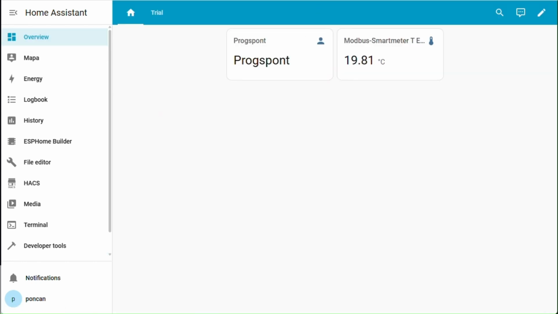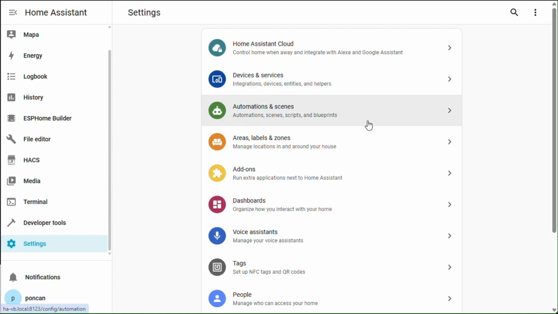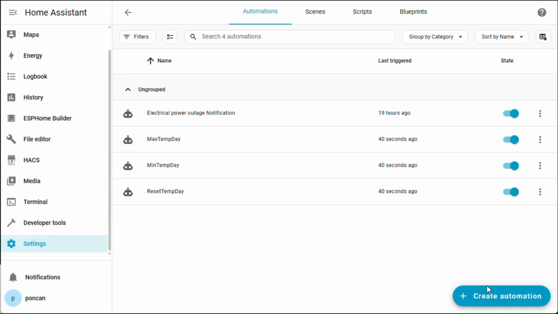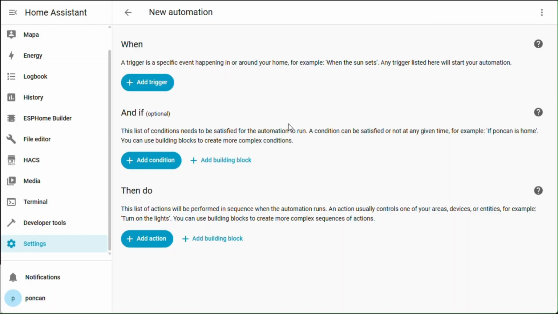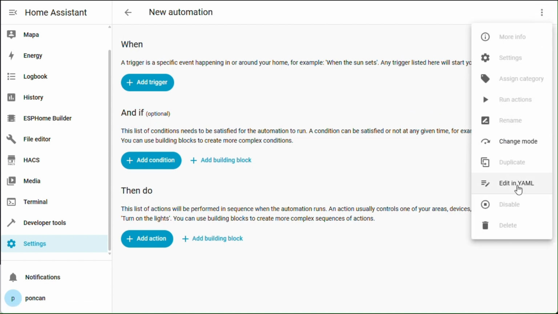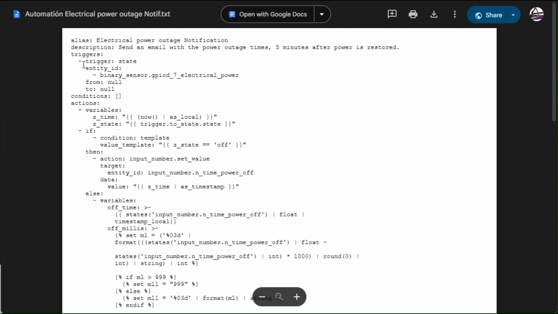Now we just need to create the automation. Settings, Automations and Scenes, Create Automation, New Automation, Edit Points in YAML. Go to the automation in the video description.